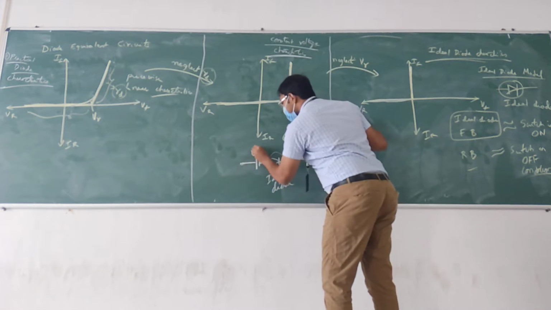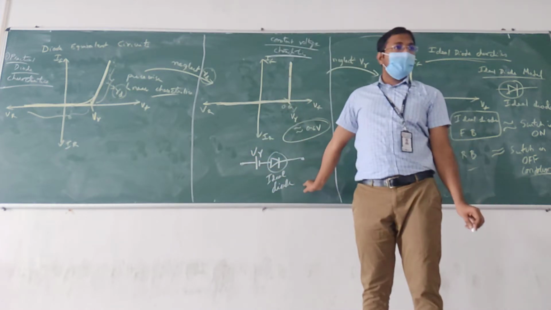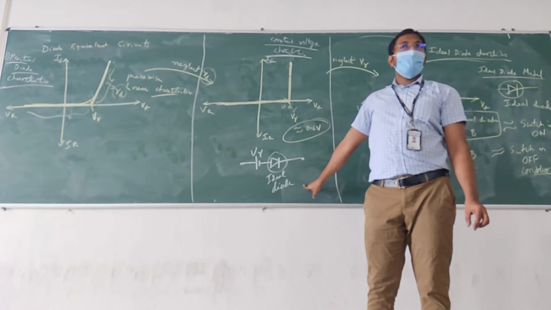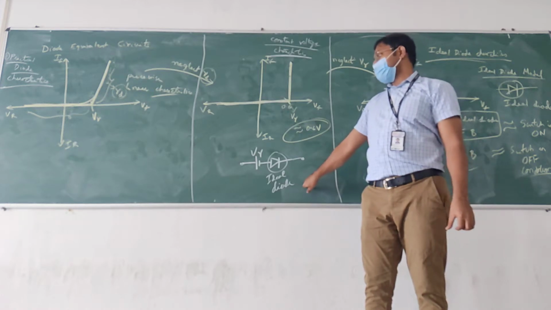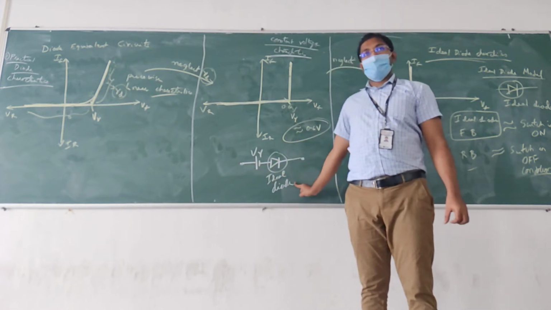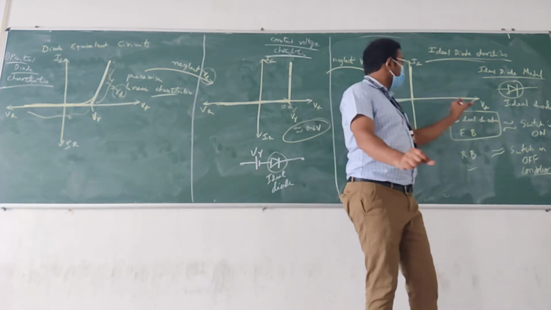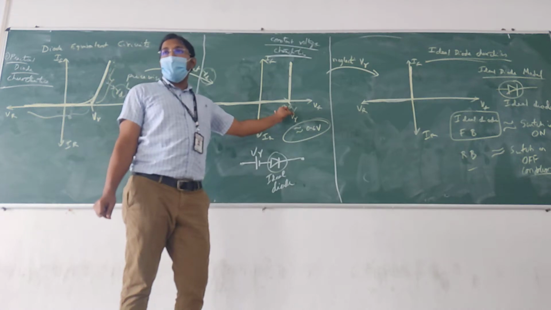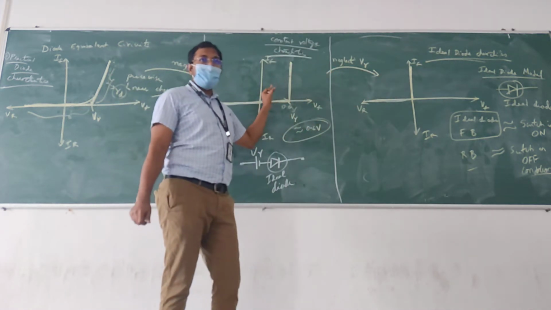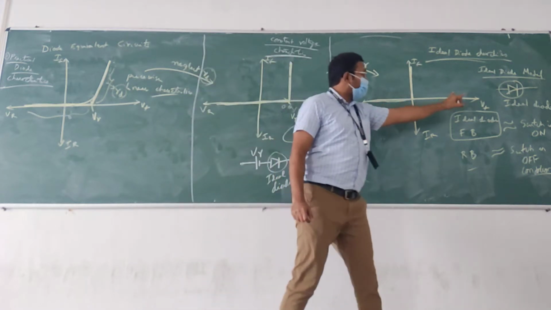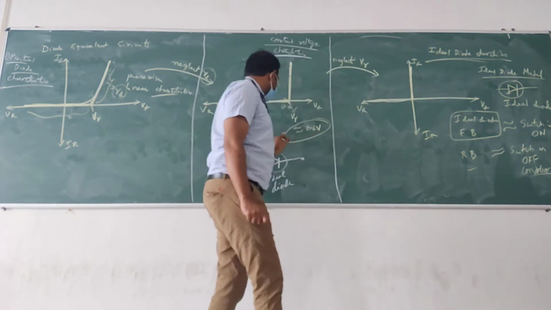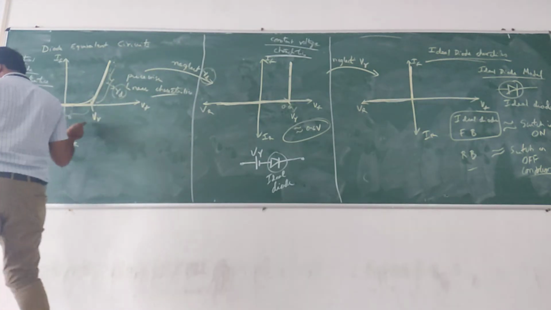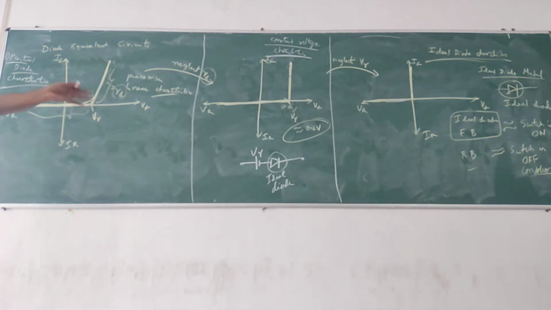This will be the equivalent circuit for the constant voltage model. So if the question says use the constant voltage model, you will use this. To this, if we add additionally V gamma, we are getting this. So to this one, we are simply adding one V gamma. Clear? Now, what will be this one? Think and tell me. One more resistance we add.